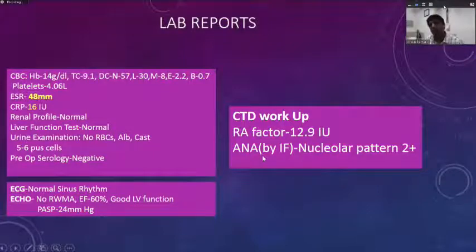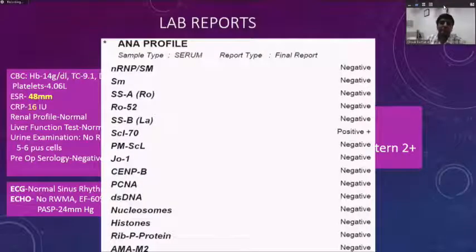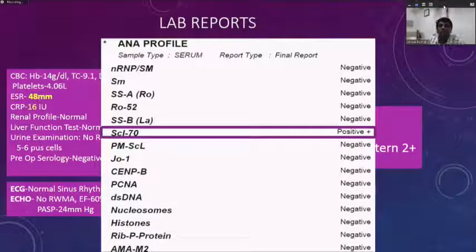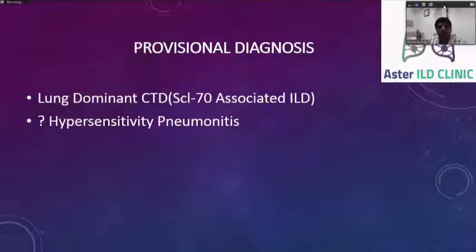Went in with a young female with the picture of an ILD at the back of the mind. CTD workup: RF factor 12.9, and ANA shows a nuclear pattern of 2+. Subsequently, an ANA profile was ordered, which showed positivity for SL70. With this, we had a provisional diagnosis of a lung dominant CTD with anti-SL70